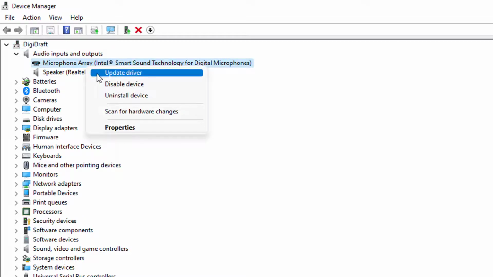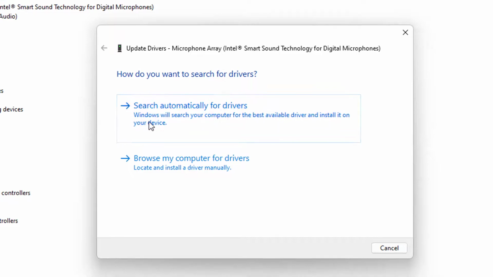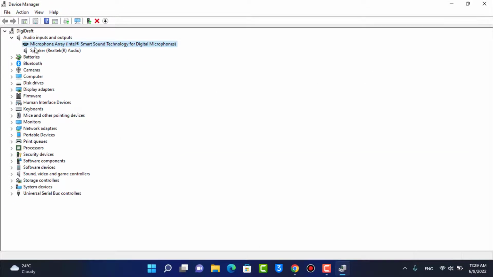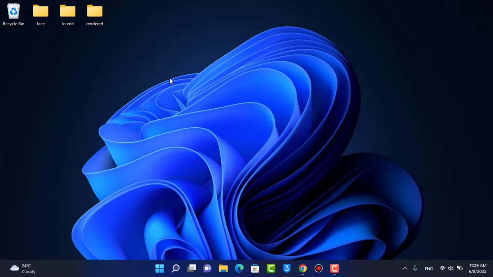You want to right click and then simply tap on Update Driver and then select Search Automatically for drivers, and then go ahead and update, disable and enable the drivers again in order to see if your audio problem has been fixed. Now for most people this solution is usually going to work, but if it doesn't, the second solution we can simply do is,